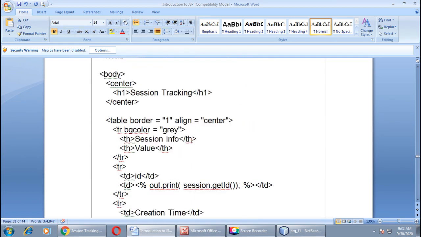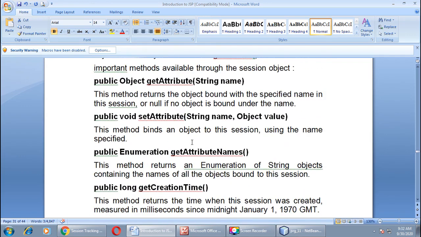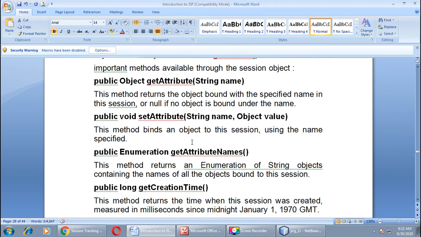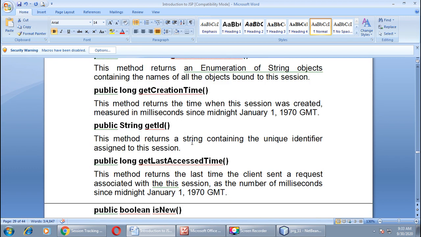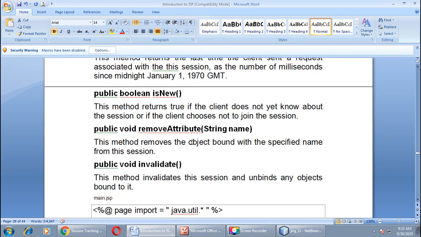So let us recall whatever we have done in today's session. We went through the methods: getAttribute, setAttribute, getAttributeNames, getCreationTime, getId, getLastAccessedTime, isNew, removeAttribute, and the invalidate method. These are the methods.